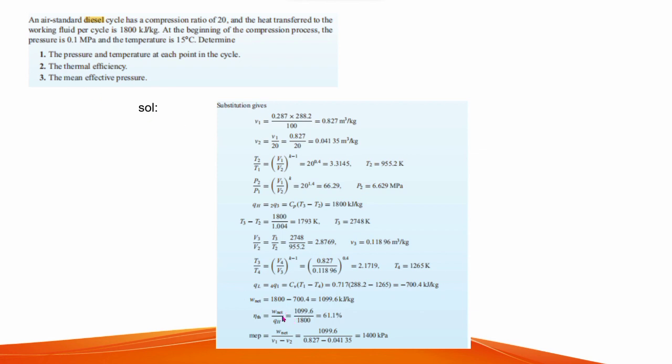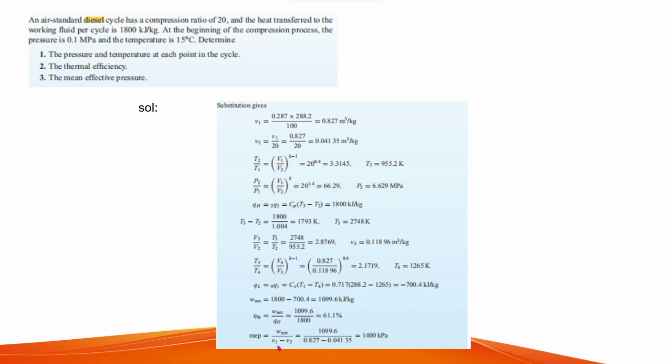And then to solve for our thermal efficiency here, we have the formula W net over the heat transferred. Substituting our given, we have 1099.6 kilojoules per kilogram over 1800 kilojoules per kilogram. So we cancel out our units here, and our thermal efficiency would be equal to 61.1%. Next and lastly, to solve for the mean effective pressure, we have the formula net work